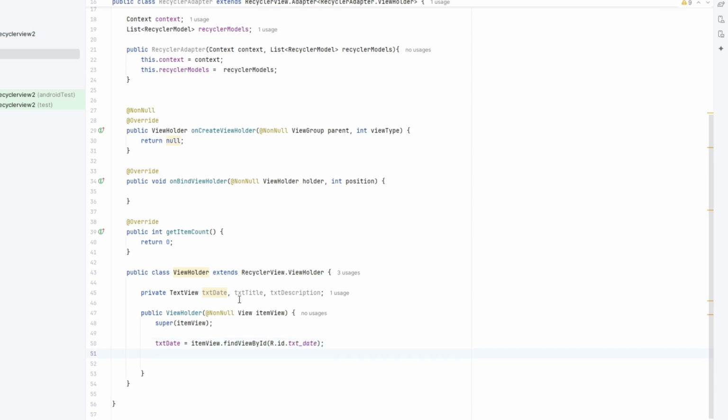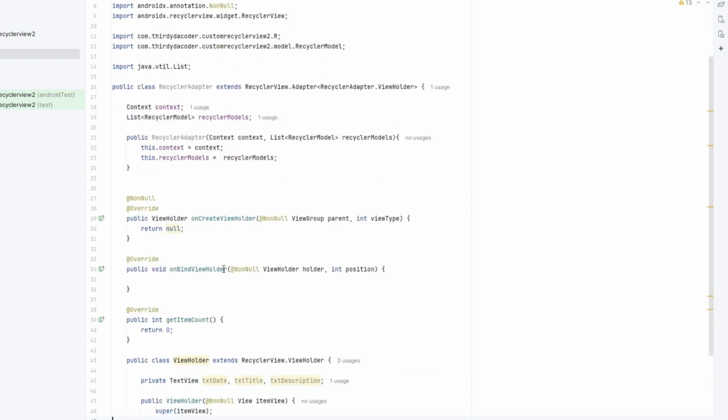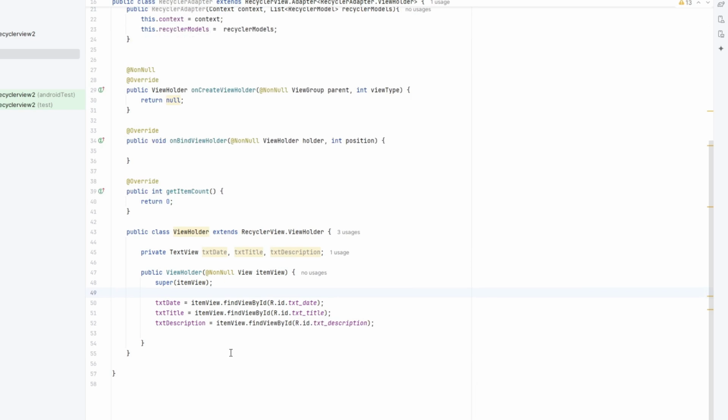Then again for title, just copy paste, and for our text description, add an underscore, textDescription. Use small caps because it is case sensitive. Why do we have an error? Because we have the wrong spelling in our description. Then okay, we are going from bottom to top.